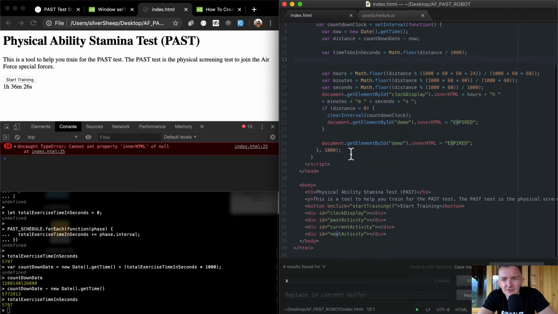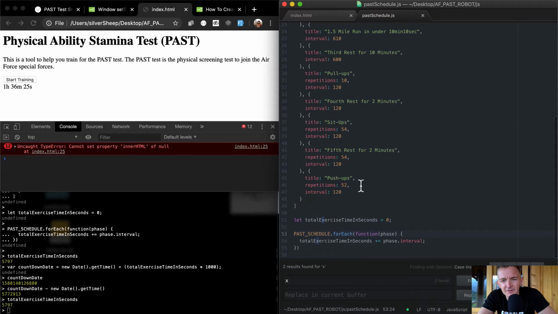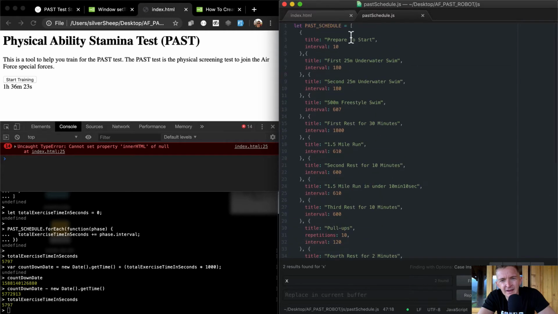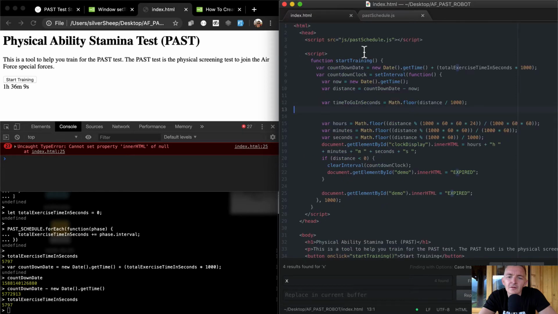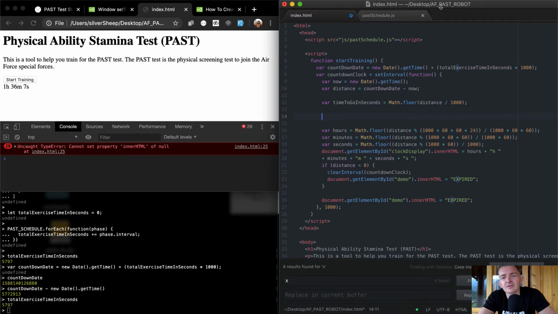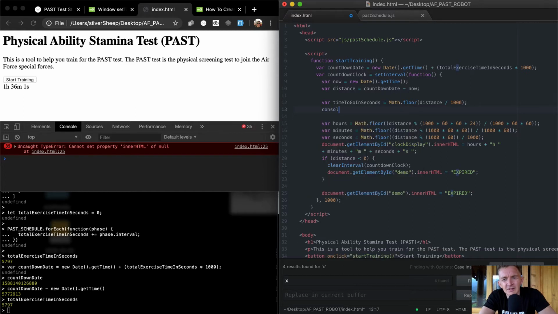Now we need a way to calculate all of the time that we have. So what we could do is to say, let's think about this. Because now what we could say is console.log time to go in seconds